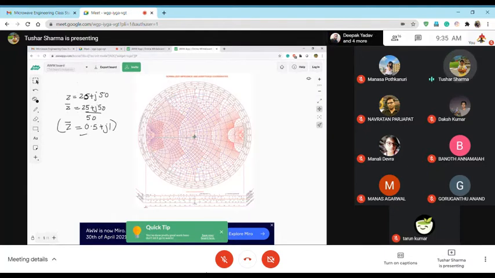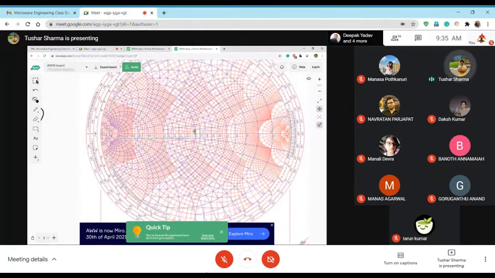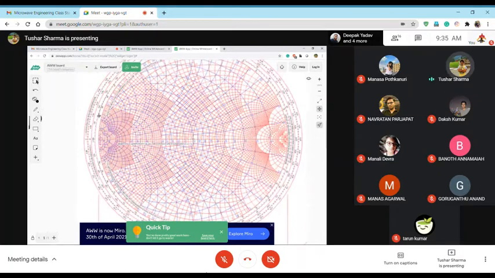Okay, so R is equal to 0.5 circle. The center is 1 and R decreases when we move to the left. So this is 1 and R decreases: 0.9, 0.8, 0.7, 0.6, 0.5. So this is R equal to 0.5.